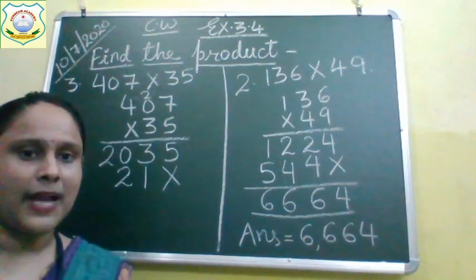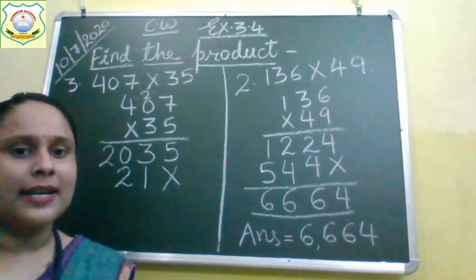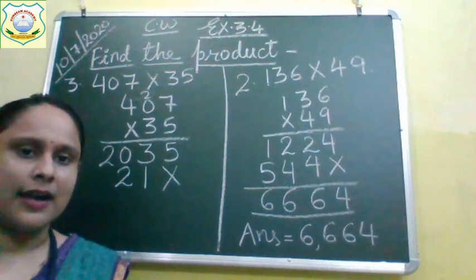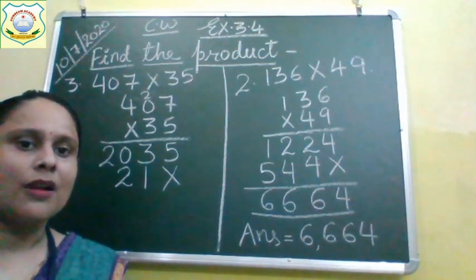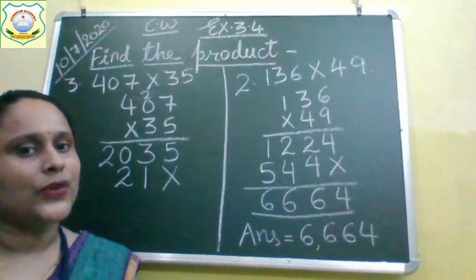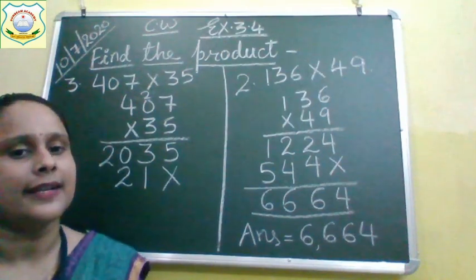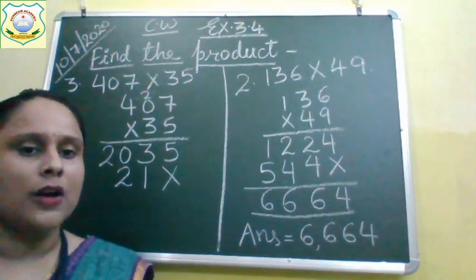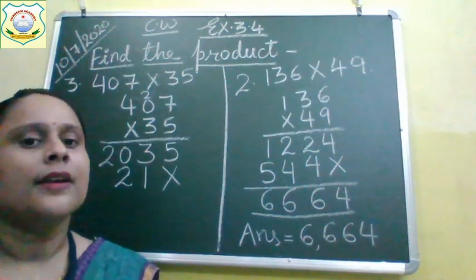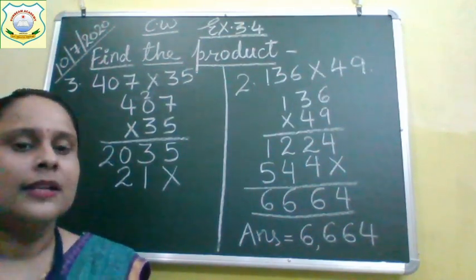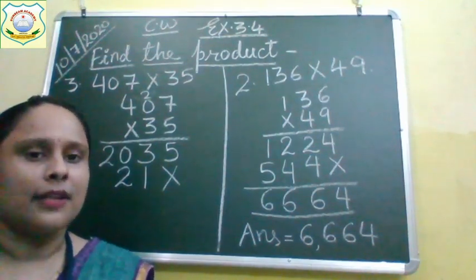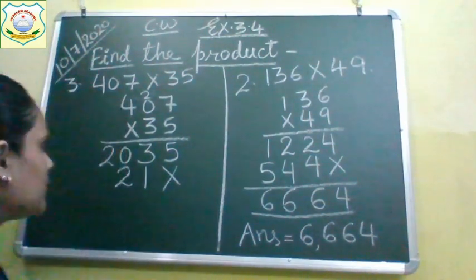Now, we will multiply 3 to the number written in the hundreds place. Which number is there in the hundreds place, children? 4 is there in the hundreds place. Now multiply 3 to 4. How much will you get? Say the table of 3, everyone. Along with me, you all will repeat the tables. So start repeating it. 3 ones are 3, 3 twos are 6, 3 threes are 9, 3 fours are 12. So write down 12.